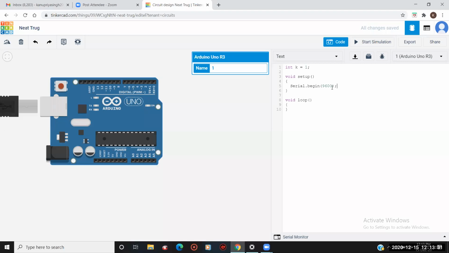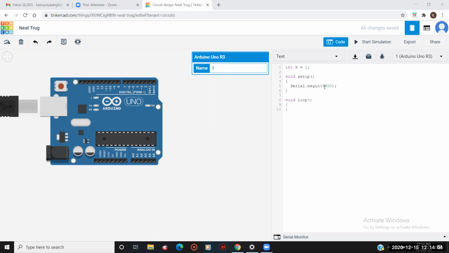And in which section am I going to give it? In what type of data? So in the bracket, I have defined the number. What is it? 9600. It is the baud rate. So for initializing the serial monitor, we have to initialize it in the void setup section, that it is a predefined command.